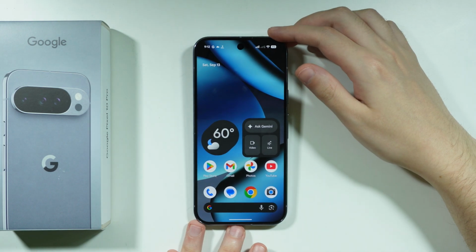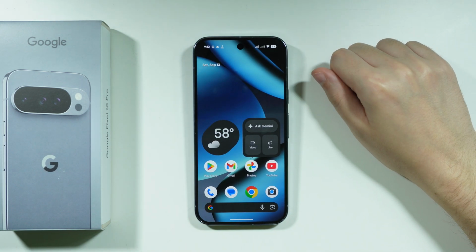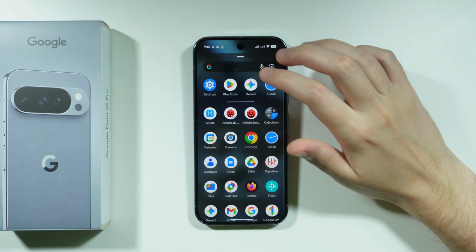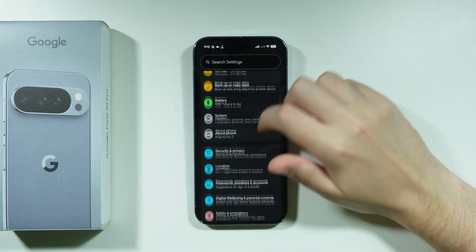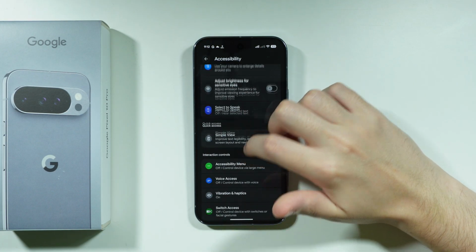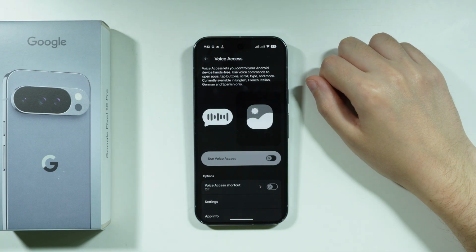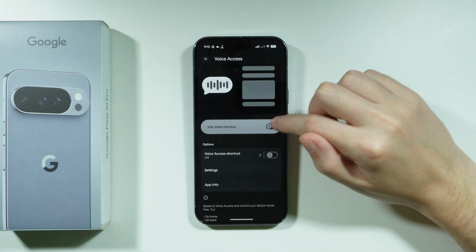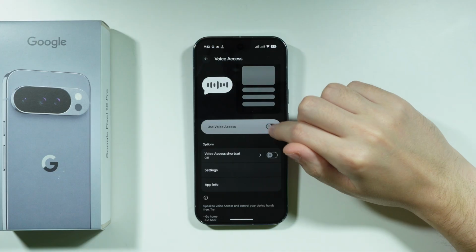If you want to enable or disable voice access on Google Pixel 10 Pro, all you have to do is open Settings. Now we're gonna scroll down and choose Accessibility. In Accessibility, if you scroll down, you should be able to find the voice access option. And now we have Use Voice Access, so we can tap on the switcher in order to turn it on